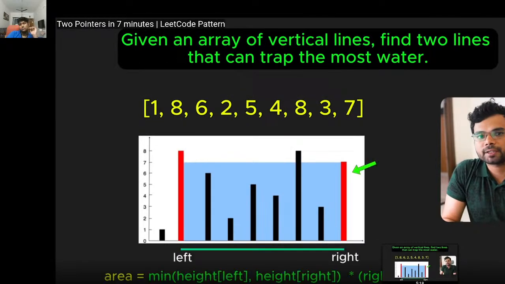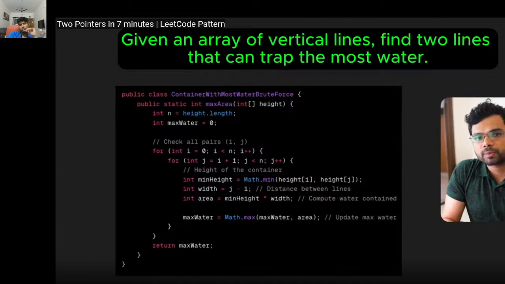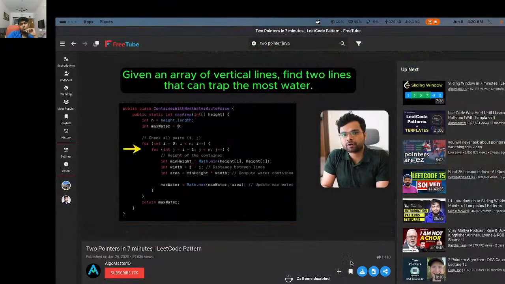Height of a vertical line is the width of the container. A brute force approach to solve this involves comparing the area found by every possible